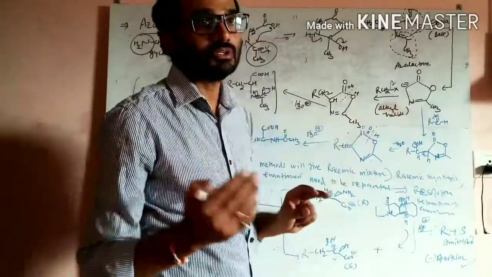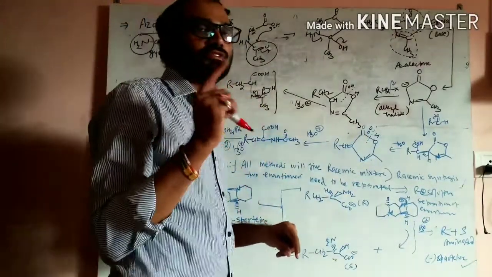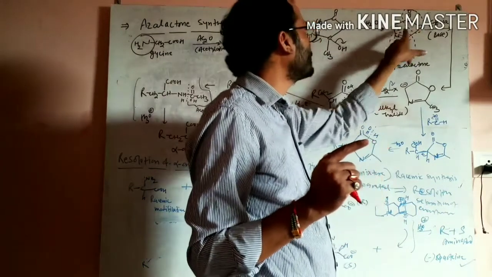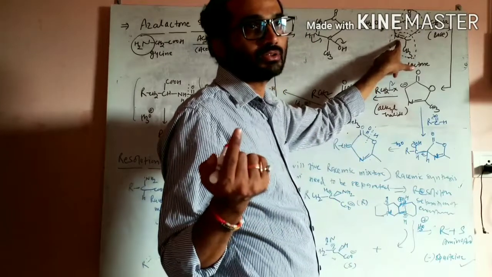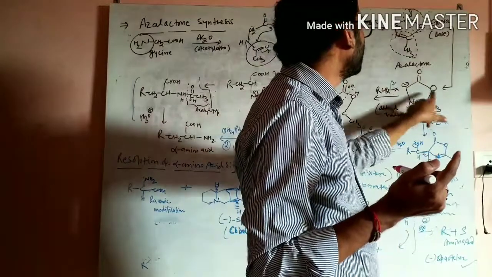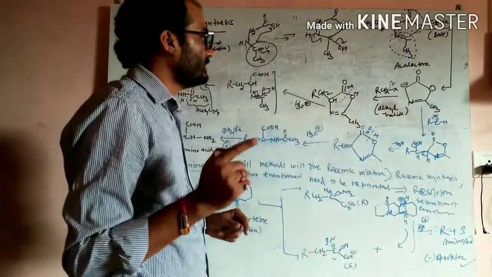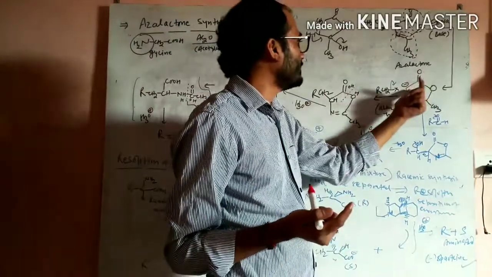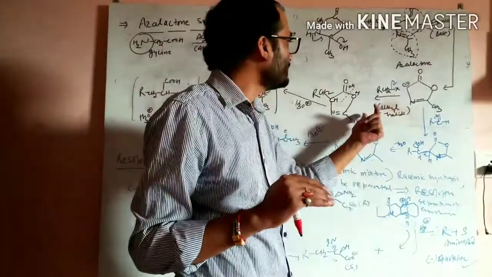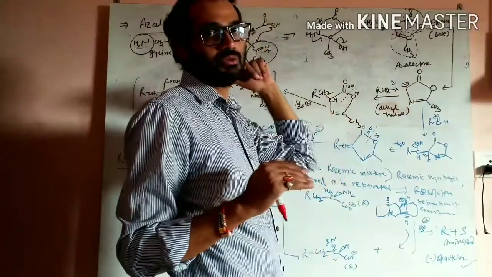Now, our purpose is to introduce the side chain. For introducing the side chain, here is the CH2 group, which is flanked with electron withdrawing groups. So this is the active methylene group. When we treat this active methylene group with a base, it will give a carbanion over here. Once we get this carbanion, we can easily treat it with any alkyl halide. So for the side chain you need, you design your side chain and put a halogen atom here, and you will get the desired amino acid.